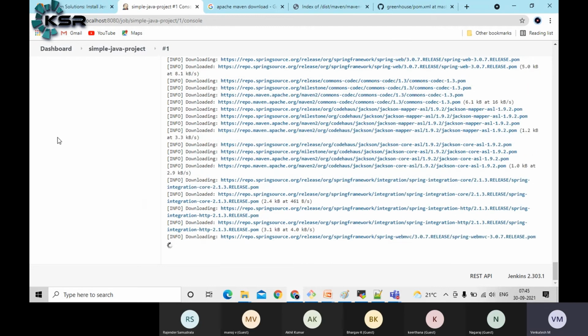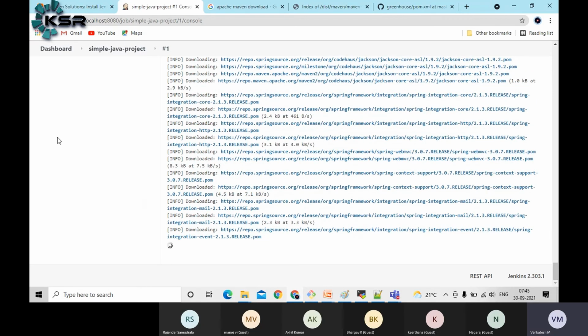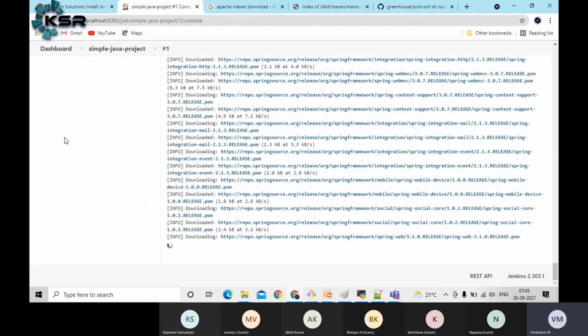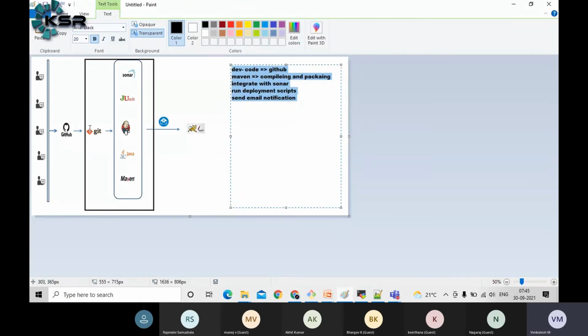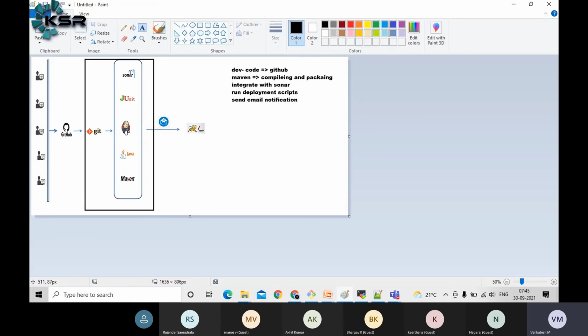This is how we can create a typical CI/CD pipeline, guys. As of now, I have done just 2 steps only. The first step is I have cloned the code, and I have integrated with Maven. JUnit test cases also, if they are available, it is going to execute. If they're not there, it's not going to execute any JUnit test cases. Then Sonar, in a further session I will cover that part. I will try to install SonarQube and try to integrate with Sonar.